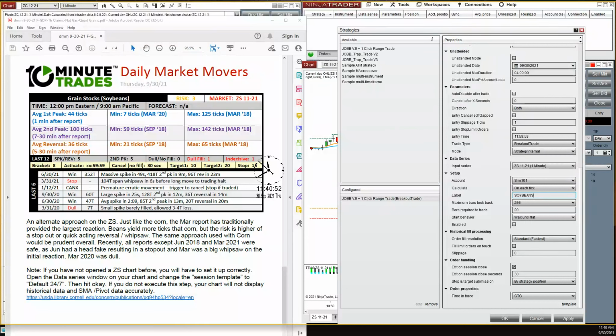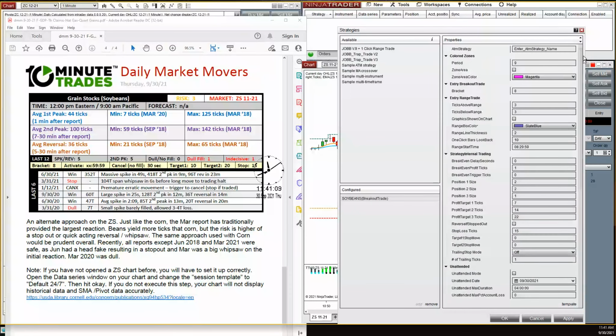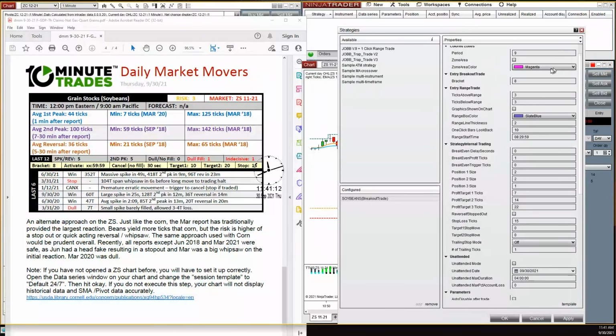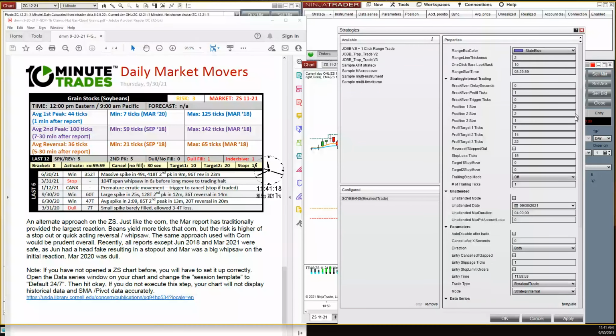So this is what I call a blind trade. The only way we'll know that the news has been released, most probably, is we'll get filled. Fortunately, there's volatility before it, but usually it's a safe fill. And an 8 bracket on soybeans is usually good. Soybeans are noisier than corn.